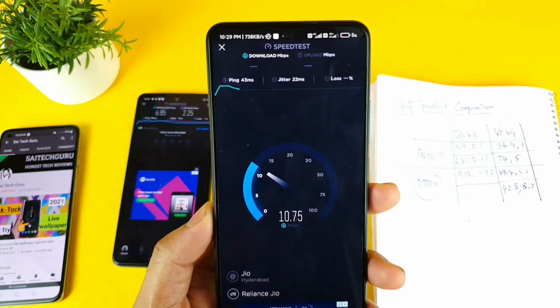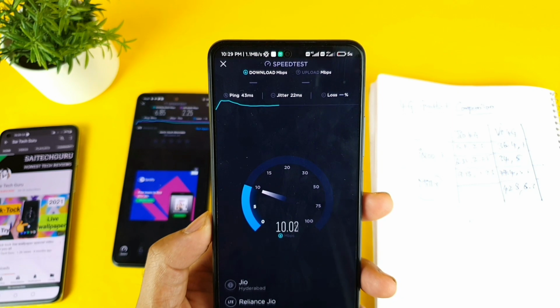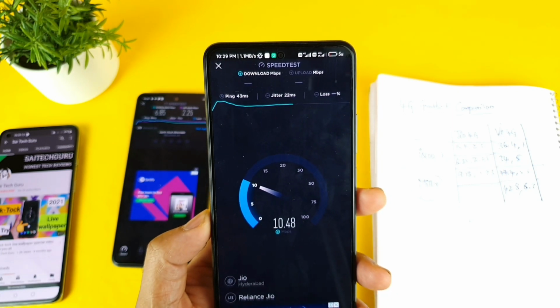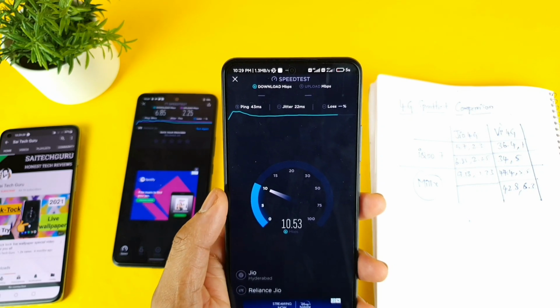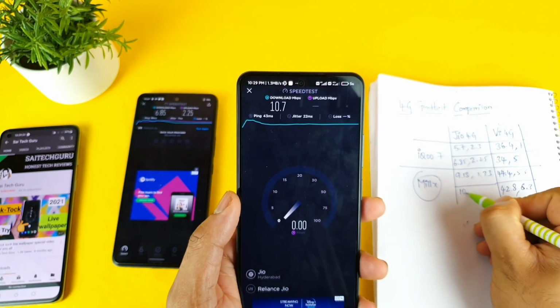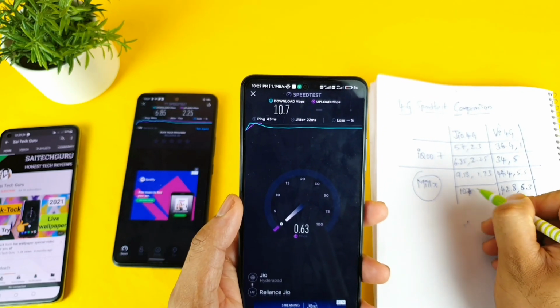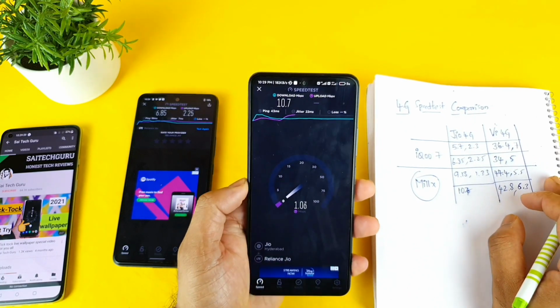And as you can see, friends, this is the second time I'm doing the testing, and it went up to 14 Mbps of speed. That's a really good and solid speed. I'm getting 10 Mbps right now. It's kind of double speed, as you can see, friends. So it's really good. Overall, I think it's a clear winner. The Mi11X should be in this category in terms of connectivity regarding 4G speeds.